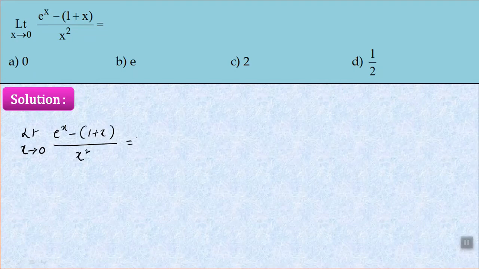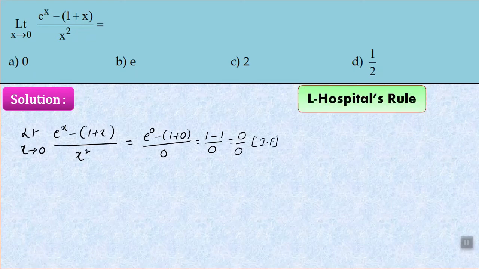Here we substitute the limit: e power 0 minus (1 plus 0) divided by 0, is equals to e power 0 is 1, minus 1, divided by 0, that is 1 minus 1, 0, divided by 0, which is of the indeterminate form. By using L'Hospital's rule for solving this, limit x tends to 0, here in the numerator and denominator differentiating with